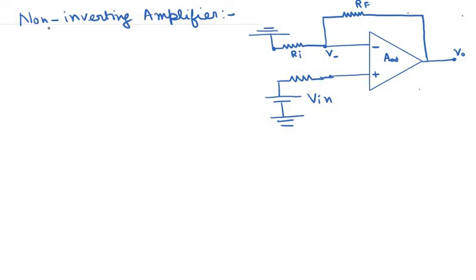Okay, now let us see if we can actually get the same formula as we have derived in a lengthy method. So here, because this point, that is this non-inverting terminal, is at a voltage V in, this V minus should also be approximately fixed at a voltage V in. Okay, because V plus is approximately equal to V minus. So V plus is the voltage at this point here. V plus is equal to V in. So V minus is approximately equal to V plus is equal to V in.